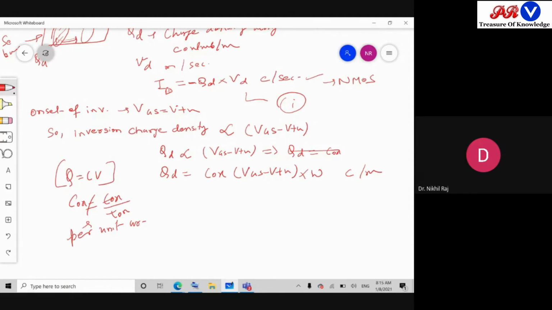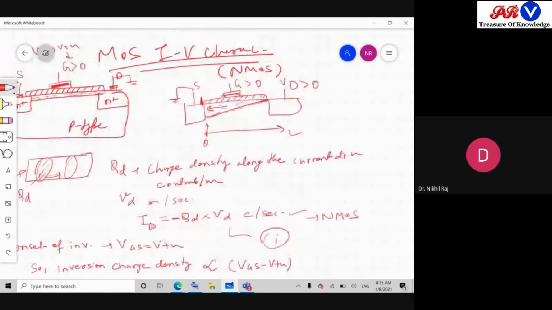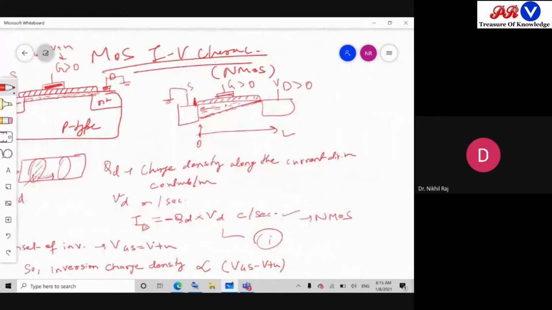Now in this semiconductor, in this channel, we have computed from 0 to L. This should be the charge. Now let's say I have to imagine what is the current at this point. Let's say it is X. So what is the current flowing at this particular length, at this particular X point?